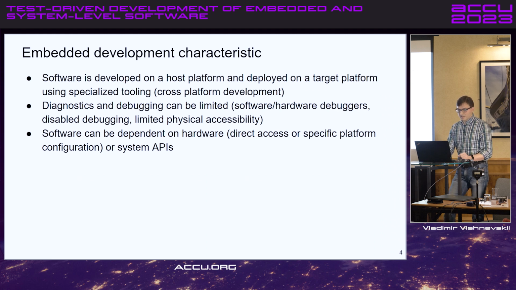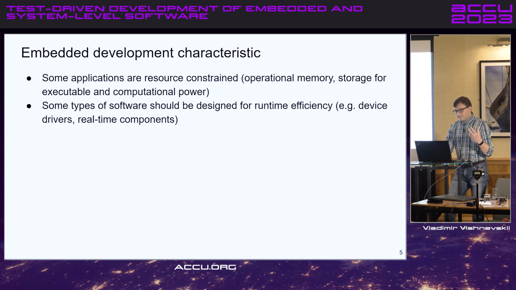or on a platform API. Some applications can be resource constrained, so there will be no abundance of operational memory, storage for the executable, and computational power. And some types of software should be designed for runtime efficiency. There can be some real-time components, there are also device drivers, and